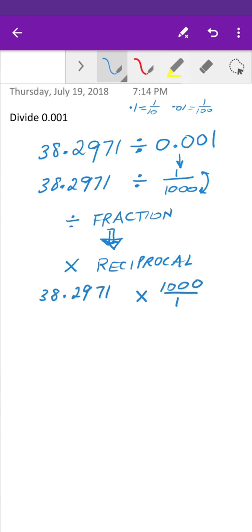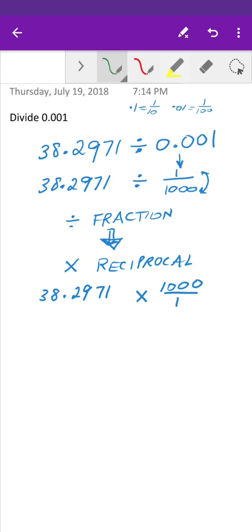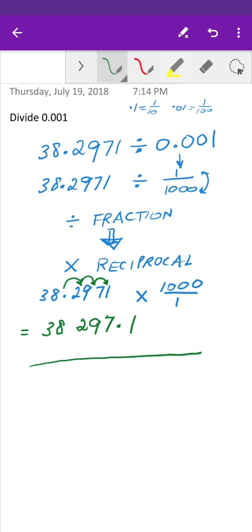And when you multiply by 1,000, I'll just change the color here. I'm going to take this decimal. The decimal is going to jump to multiply. Each time you multiply, the decimal moves to the right. So multiplying by 10, it becomes 382.971. Multiplying it by 100, it becomes 3,829.71. Multiplying by 1,000, the decimal is going to jump 3 places to the right. So that is going to equal 38,297.1. And there we have our solution to divide by